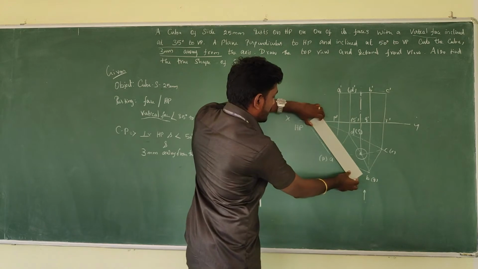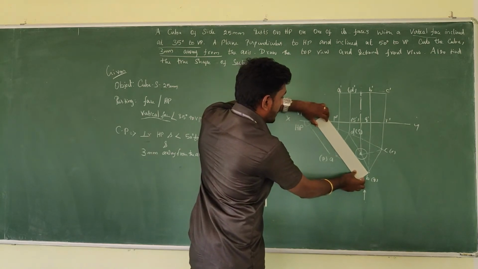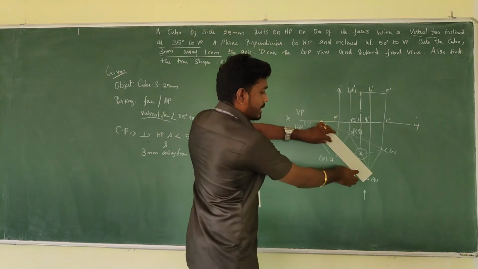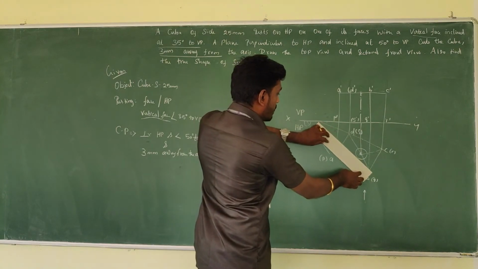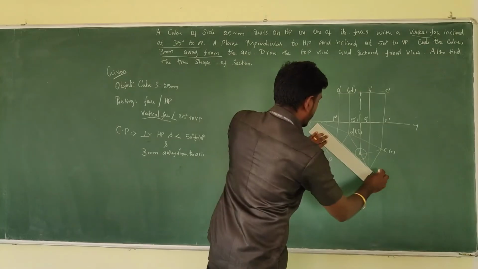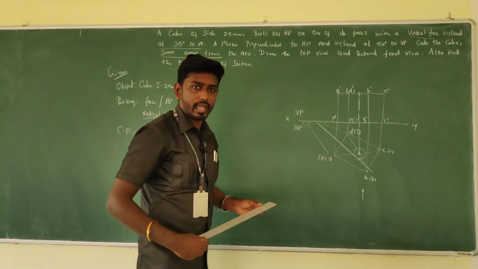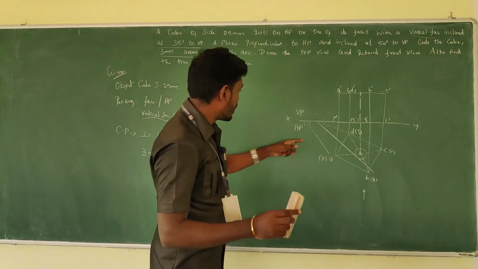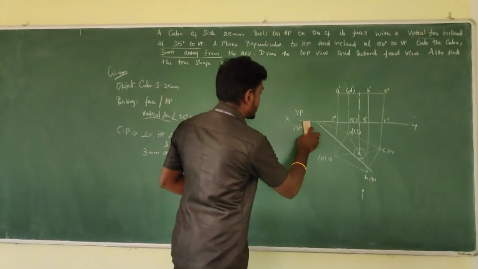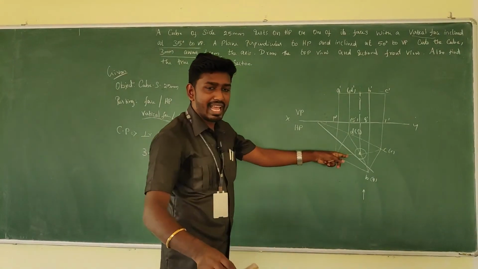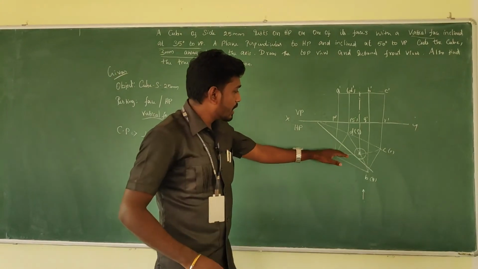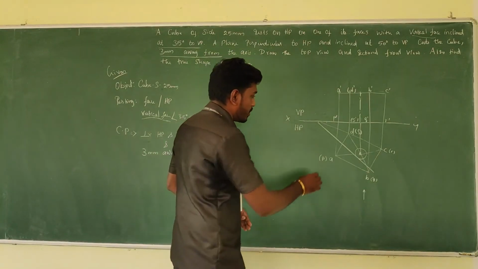You should move it with the same inclination, and it should be tangent to the circle which we have drawn. So the line will be passing something like this. By drawing the reference of 50 degrees and moving your scale, just have a line tangent to the taken circle, so that you will get the cutting plane CP.